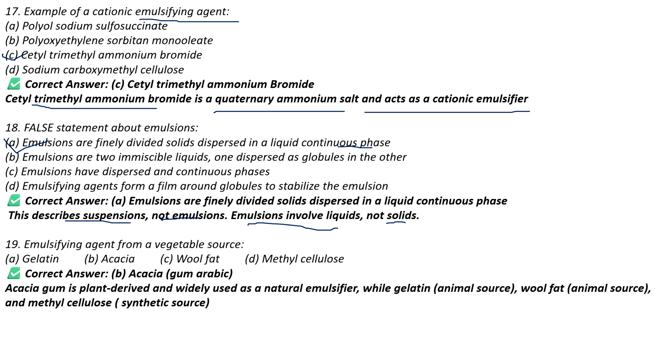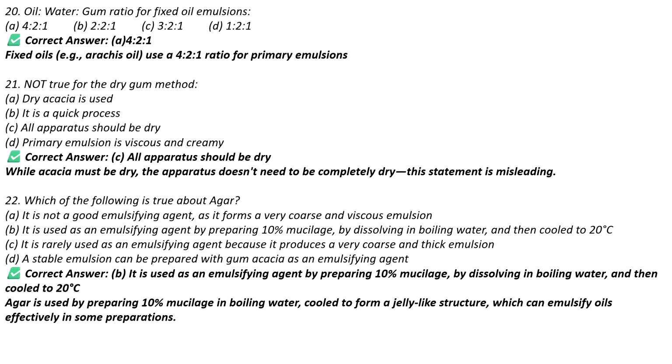We have to tell an emulsifying agent among the four given options from a vegetable source. So, acacia gum is plant derived and is widely used as natural emulsifier, while gelatin is from animal source. Wool fat is also animal derived, and methyl cellulose is of synthetic origin. So we can say only option B, that is acacia, is an emulsifying agent that we are going to obtain from a vegetable source. So moving on to the next question, oil water gum ratio for fixed oil emulsions is,